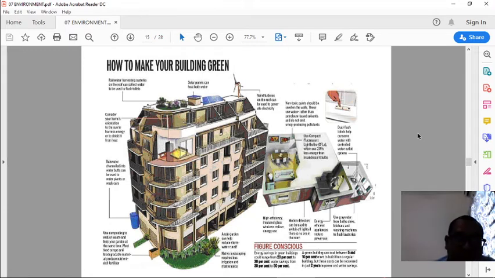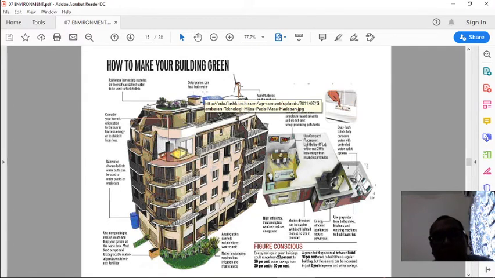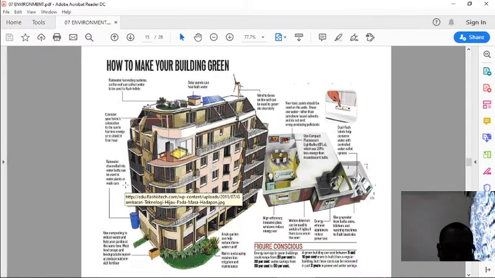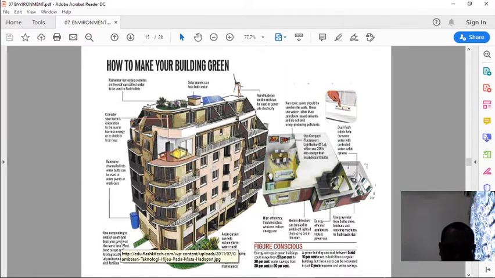Okay. Other than that, we can have solar panels help to heat up bath water, but in Malaysia maybe we don't need to have this hot water, but maybe the solar panels can help to generate some of the lighting inside the property. Okay. Rainwater channelled into water butts can be used to water plants or even wash cars, and using composting to reduce waste.